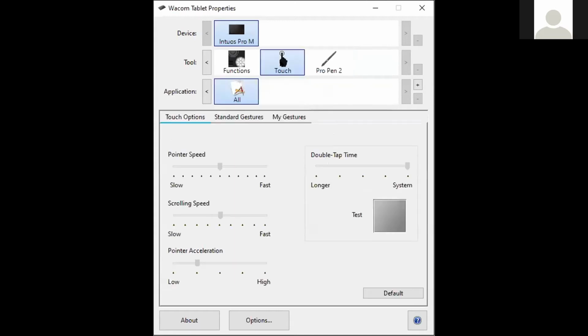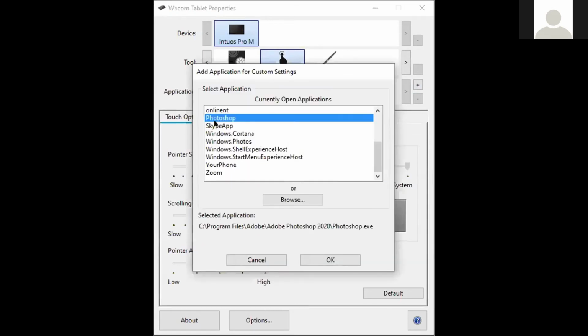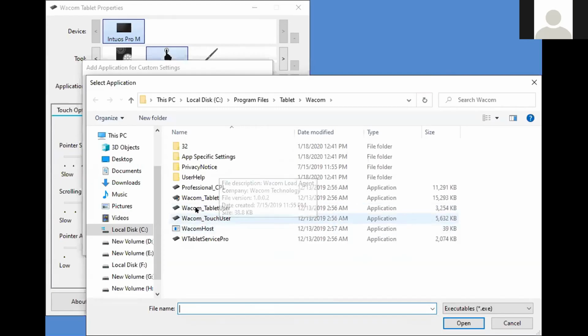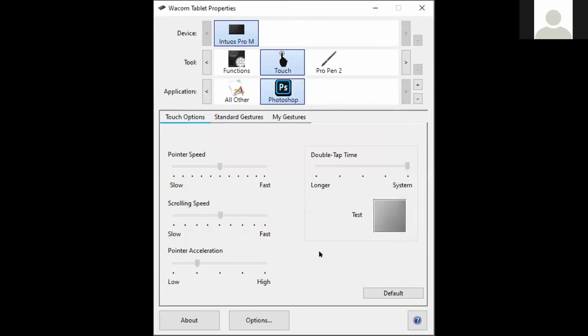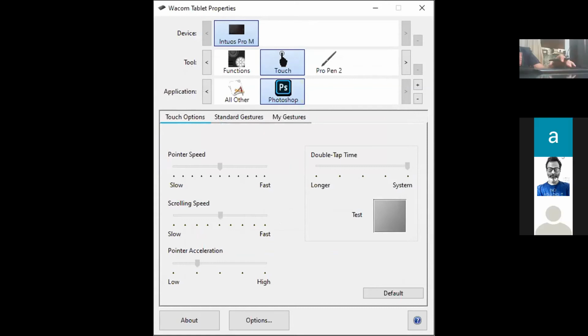Now if I again take Photoshop, browse. Now what does touch do? You can see the tablet now. Yes. Okay, fine.